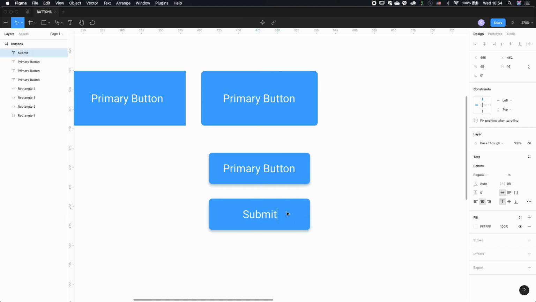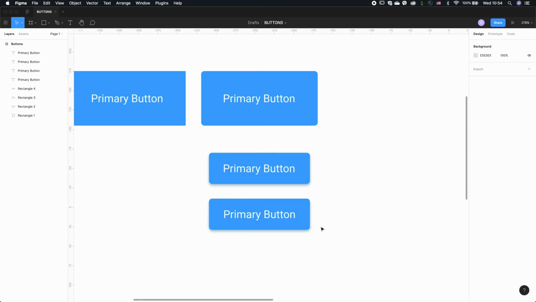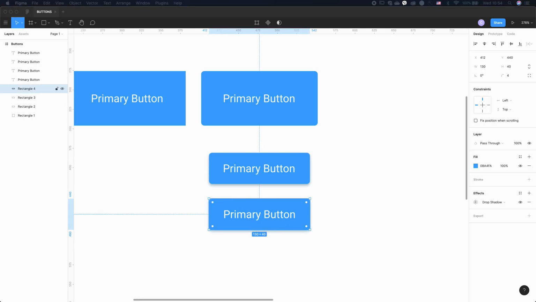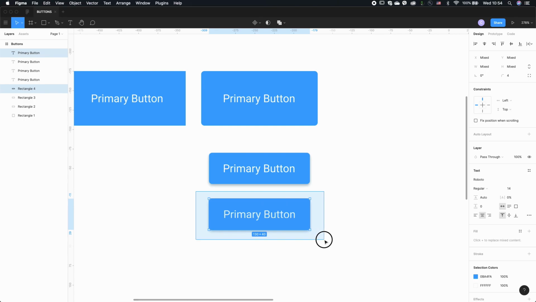So how do you overcome this situation? Is there a solution that automatically shrinks the size dynamically, so when I start typing submit, it shrinks to the text area? So yes, there is a way for that. You just select the button and the text together, and then at the right side you see a grayed out function called auto layout. So when you click on this plus icon, what happens is